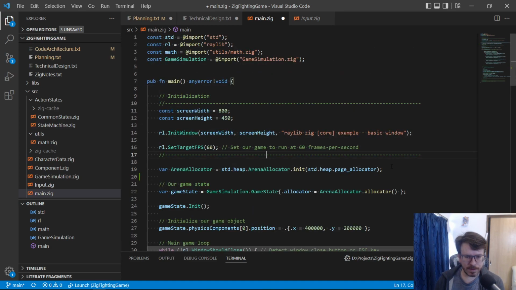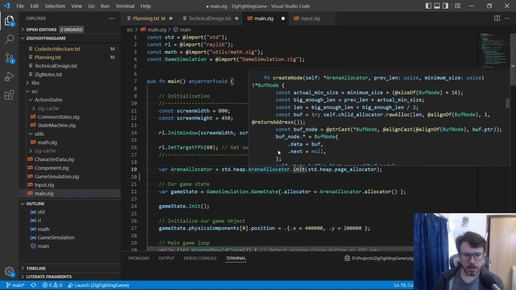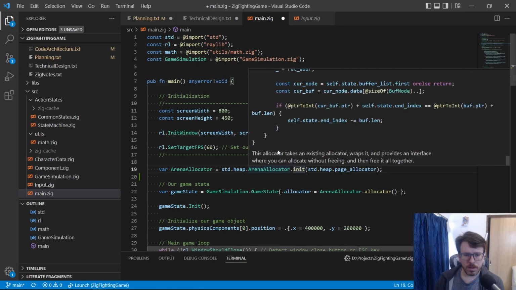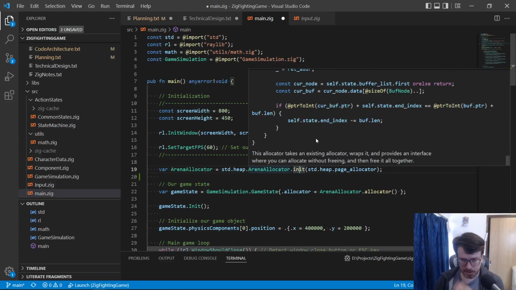But anyway, as you've seen here, I'm not actually freeing memory that's used by the arena allocator. Let's just say at the bottom here: this allocator takes an existing allocator and provides an interface where you can allocate without freeing and then free it all together. So this is kind of what we want, right? We have a persistent data store. We don't need to